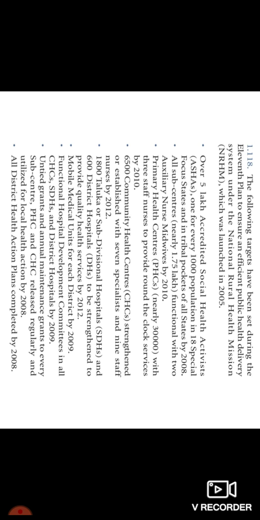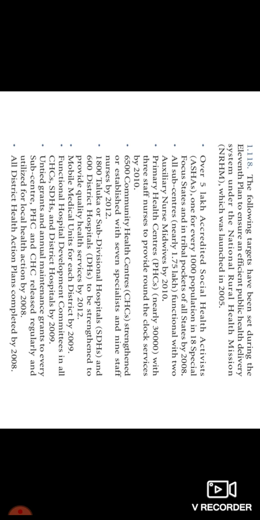Then PHCs, nearly 30,000, with 3 staff nurses. Sub-centers with 2 ANMs, and PHCs with 3 staff nurses. 6,500 CHCs were strengthened to establish specialized care, with 9 staff nurses in 2012. If it is possible, please go through all of this thoroughly, because you can point out all of this whenever they ask